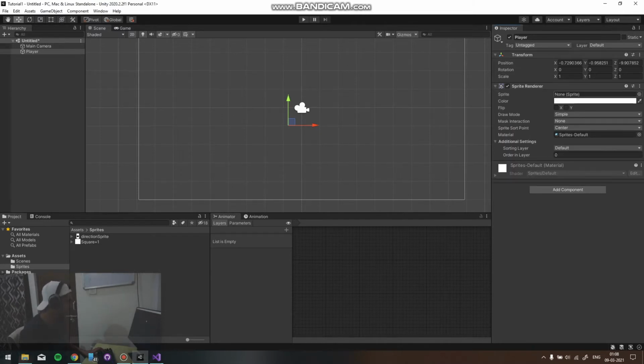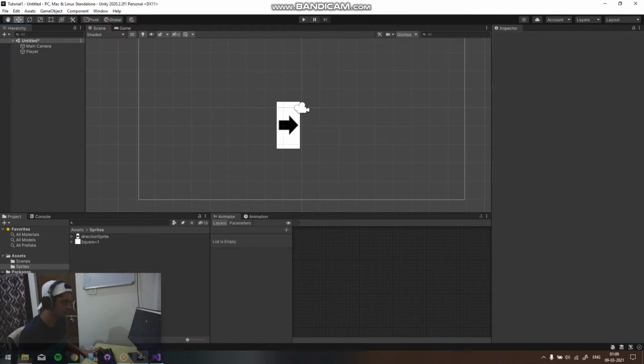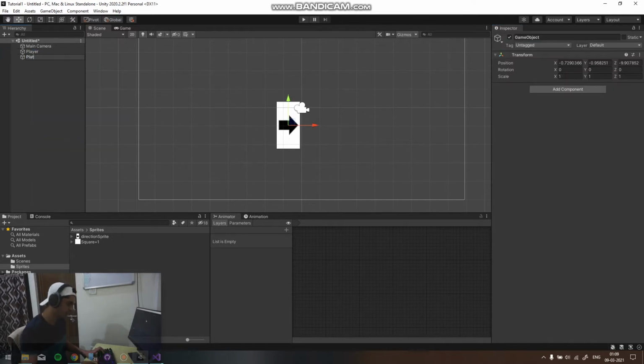Now currently it is empty, so what you can do is just take your player sprite from here and drag it to the Sprite section. So now you can see your player. I just took the normal sprite, but you can take anything, whatever character you are using in your game. Okay, so next thing is create another empty game object and name it Platform,